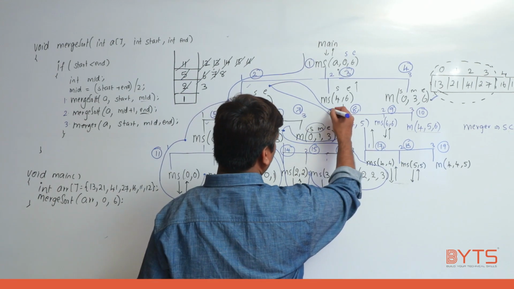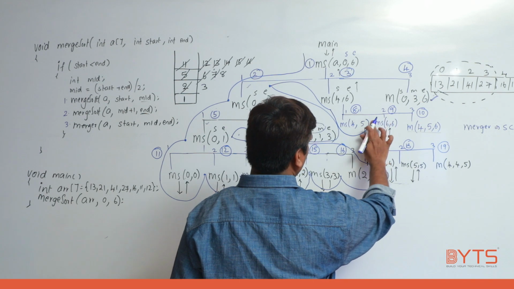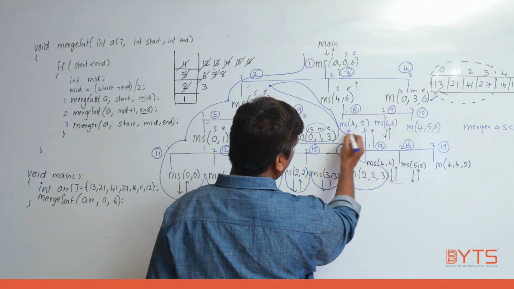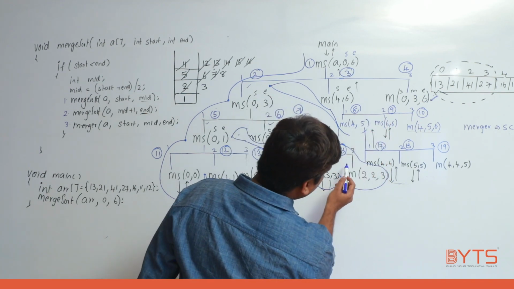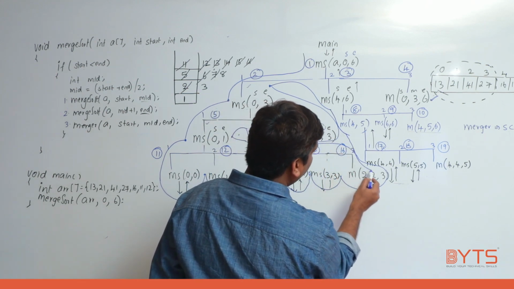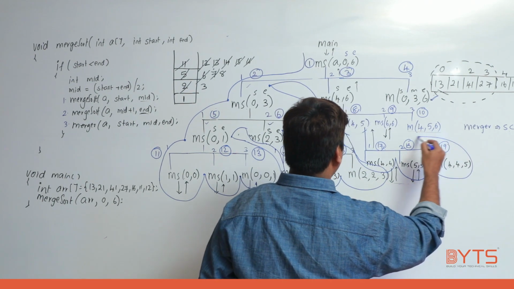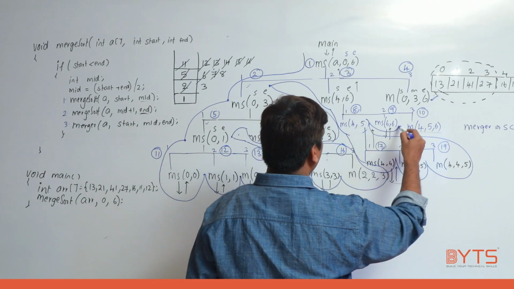Okay, now what am I trying to do? See, I will draw the diagram again. So I will come here. Once this is completed, from here I need to come to 8th. What function is 8th calling? Can you please see? 8th is calling this function. I need to come here, again here, again here. After that only I will come and I need to come here.